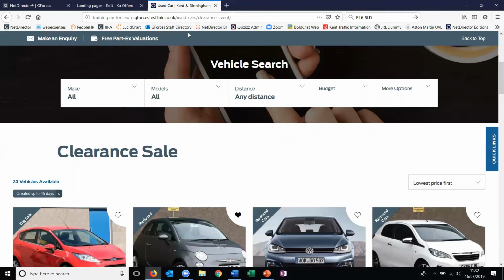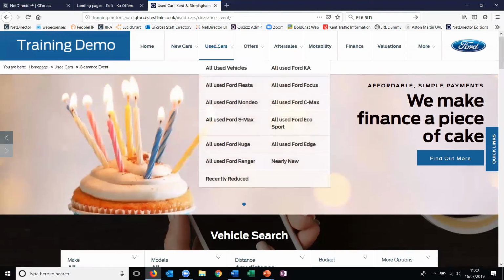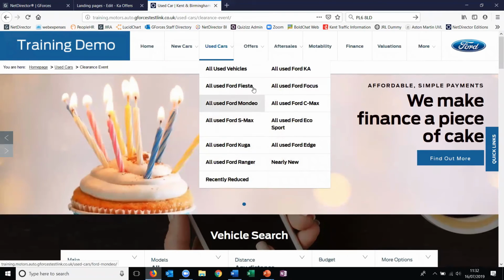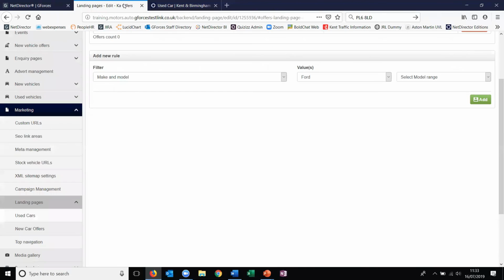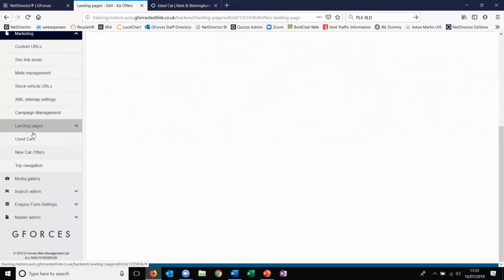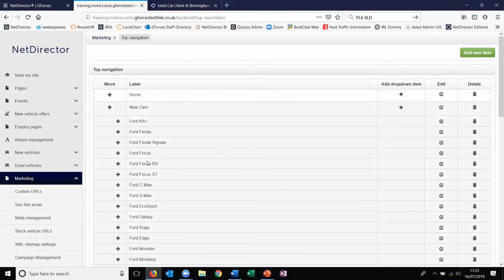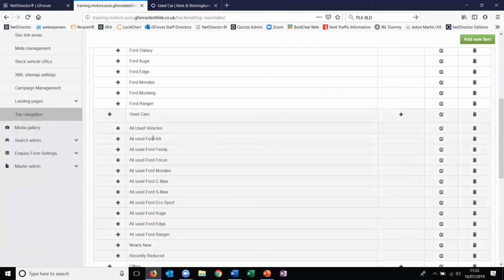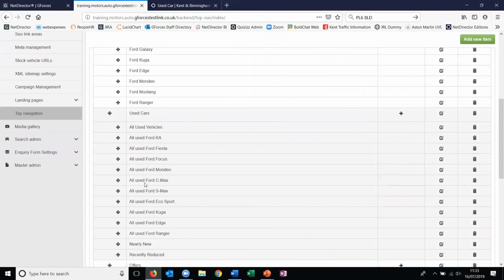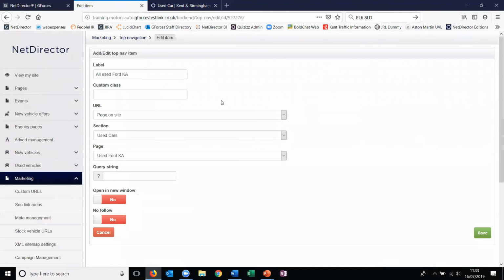So if we were talking about site menu from a navigational perspective, just up here, what I've done is I've just created some drop downs, and the way that you would do that is to go to the marketing tab again, and just below landing pages is top navigation. So if we scroll down to used cars, you can see I've got those drop downs. Under used cars, I've got all of these sub pages, and that's what you saw when I hovered over the used car section. And to set one of these up, I just click the edit button, you give it a name, and then you direct the